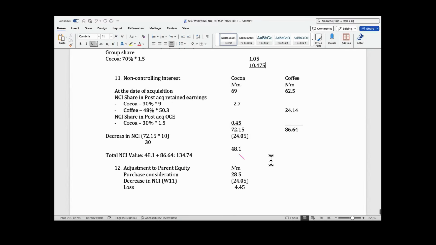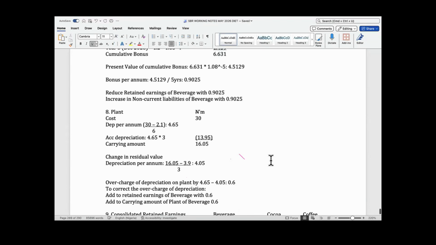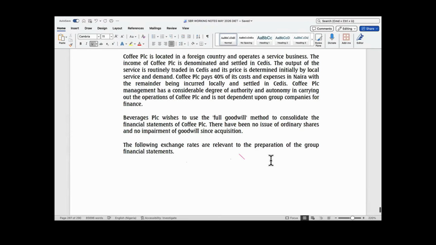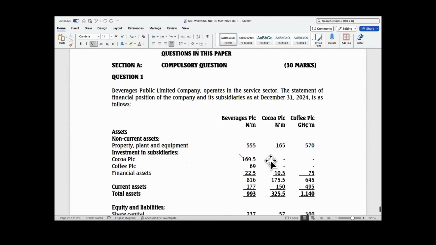Not all, because all that is left for me is just to consolidate, right? But just so that I won't be making adjustments on the face of the account, I would also do